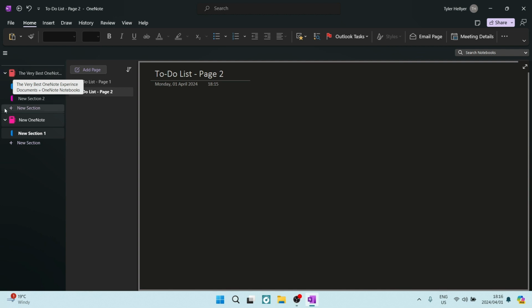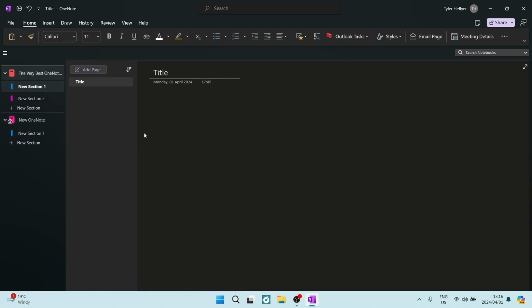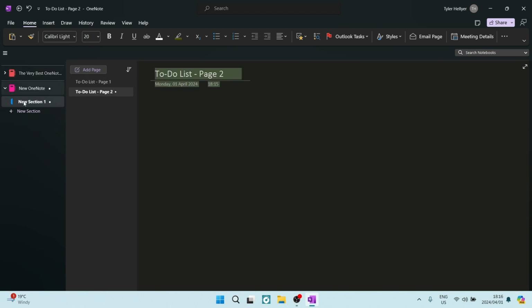This is a OneNote, and these are the sections within the OneNote. So over here, you can see I've got this one open. We can jump to that section. We can have a look at that one. We can have a look at that section. We can add a new section in over there. All right, and we can just close it quickly and we can jump over to our new note that we've